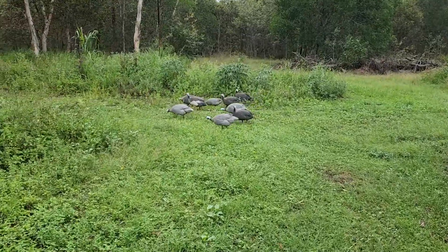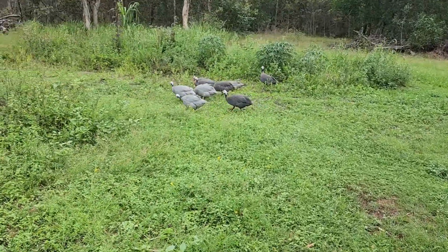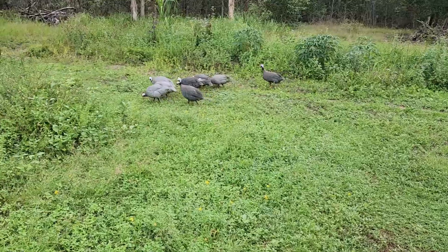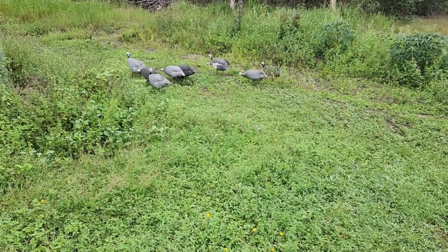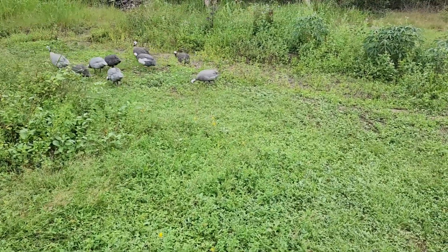I think it's starting to rain now. I'm getting the first few drops again after one day without rain. So yeah,